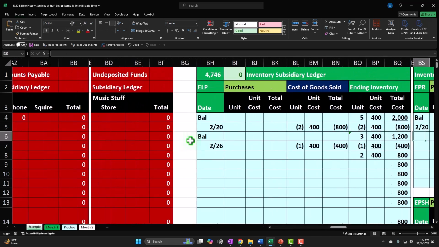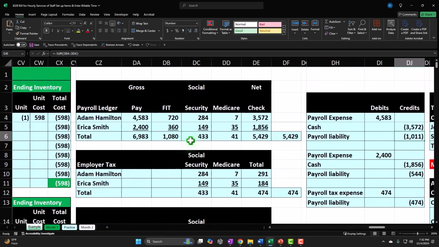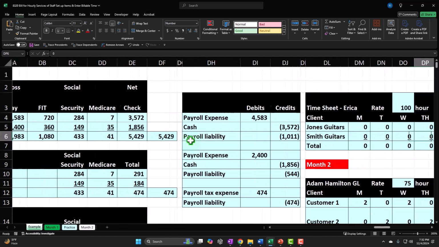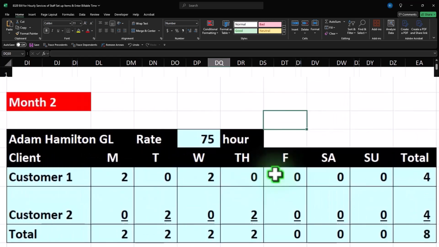So the first thing we're going to need then is the staff to somehow be entering the time. Again, not necessarily so that we can calculate the payroll from it, but so that we can bill the clients for it. Now, you might have that integrated into your software system, meaning QuickBooks has some pretty fancy tools where you can actually have them email them an invitation possibly, and they're able to enter their time possibly weekly or job by job that will then integrate into the system so that we'll have it in our system,